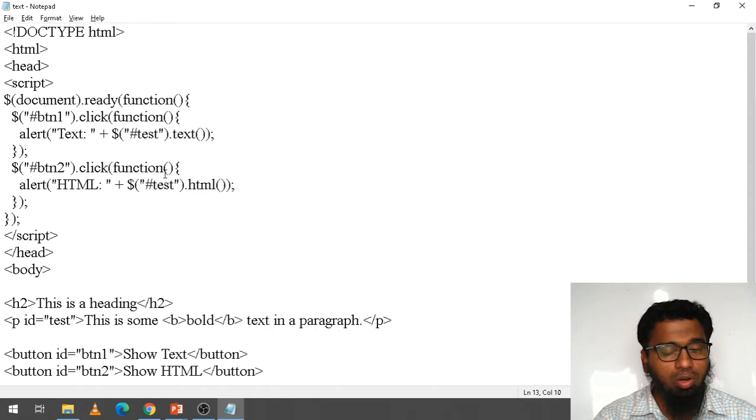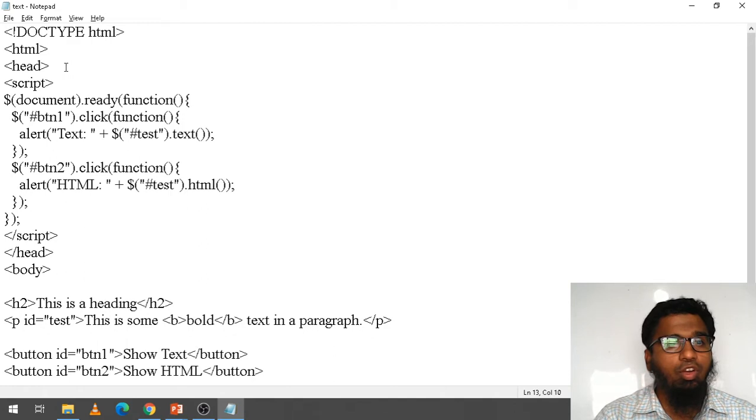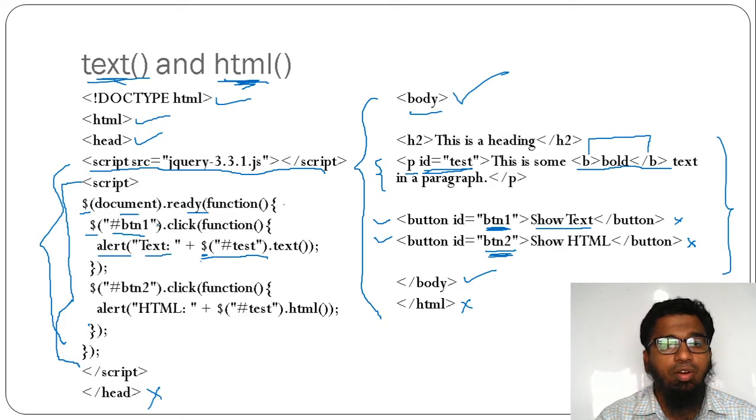Then let's go to our HTML page here. I will refresh. Let's see, is any function performing here? No. You wrote the scripting language, but you did not give the script source, from where this scripting code should be taken. You don't have this file. You don't have this code.